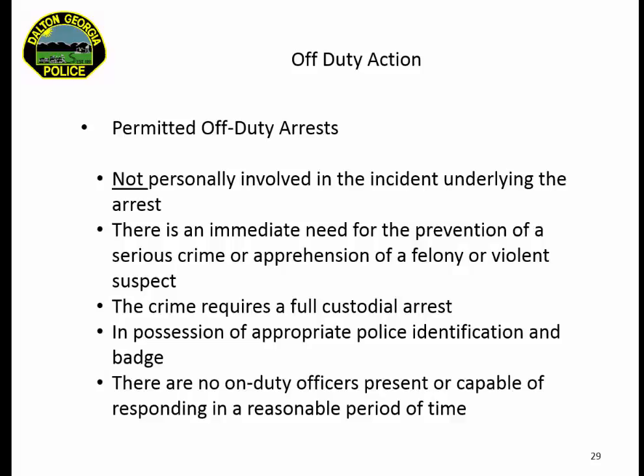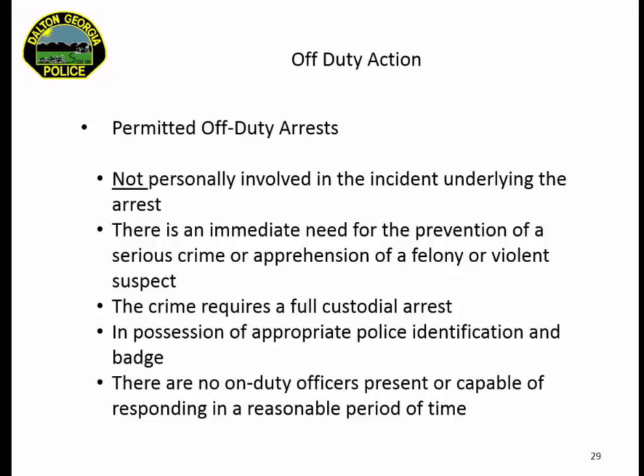Some of the permitted off-duty arrests are where you're not personally involved in the incident underlying the arrest, there's an immediate need for the prevention of a serious crime or apprehension of a felony or violent suspect, the crime requires a full custodial arrest, and you are in possession of appropriate police identification and badge.